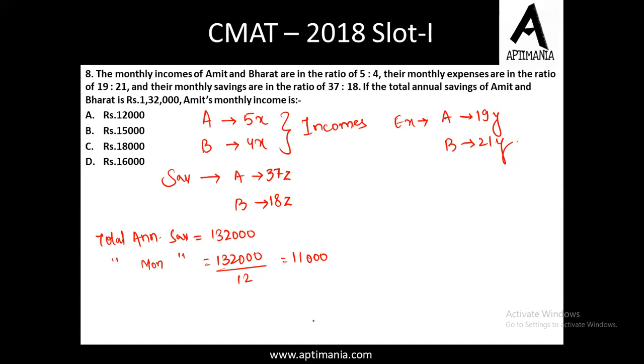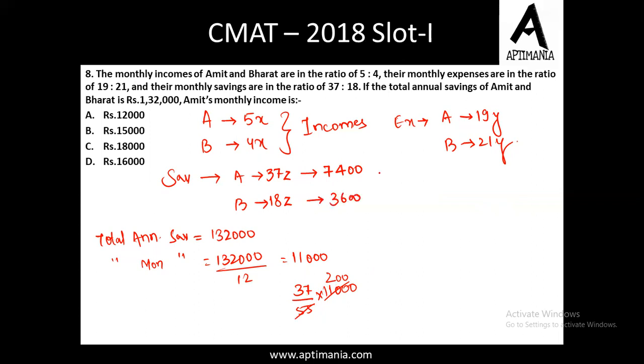So dividing this 11,000 in the ratio 37:18, I'll get 7,400, that is 37 upon 55 into 11,000. So this is 1 and this is 200. This will be 200, right? So 200 into 37 is 7,400, and for B it will be